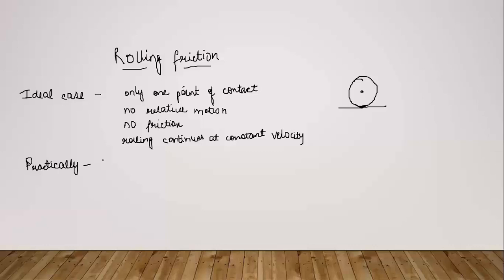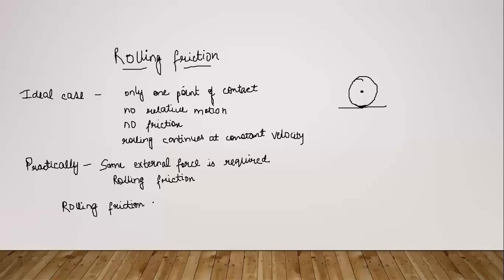That external force is basically needed because of the resistance to motion known as rolling friction. Now you must remember one thing, that the magnitude of rolling friction is much smaller than the static or the sliding friction that we discussed in the previous lecture. The magnitude of rolling friction is very much less than the static friction. As an example to this statement, imagine that